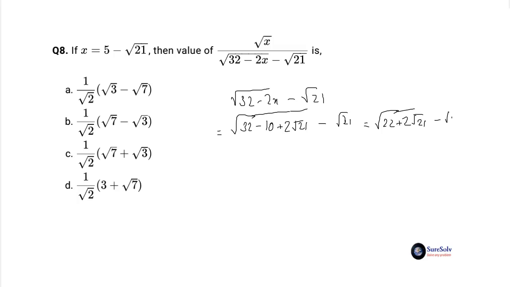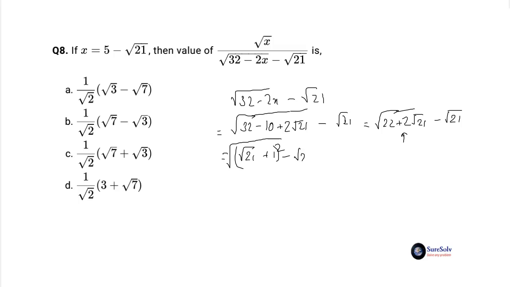minus root 21. This expression 22 plus 2 root 21 we must express as a square of two-term surd expression, where the surd term will be the middle term. As coefficient of 2 already exists, root 21 will form the product of the two terms. So the two terms must be 1 and root 21. And sum of the squares of the two terms is 22. So this is equal to root 21 plus 1 whole square under square root